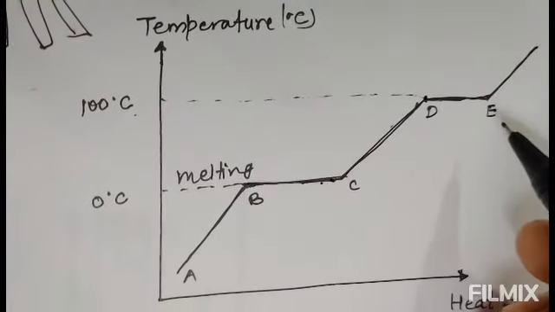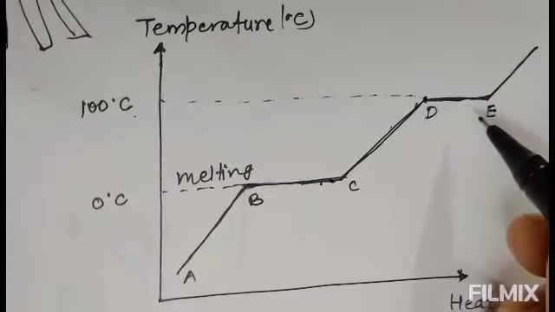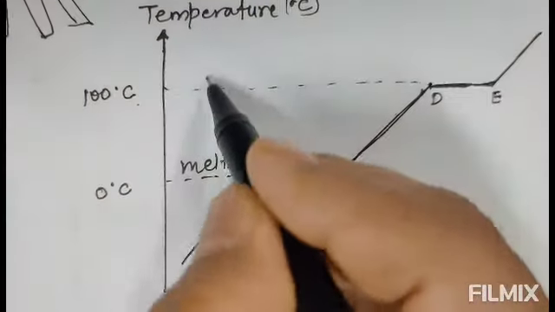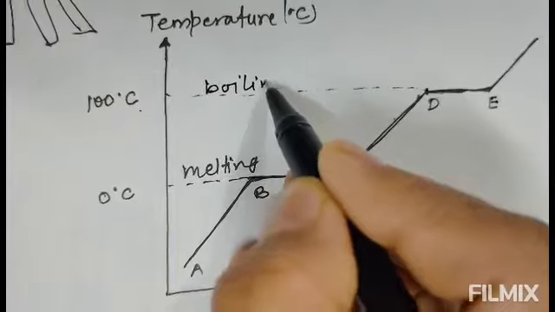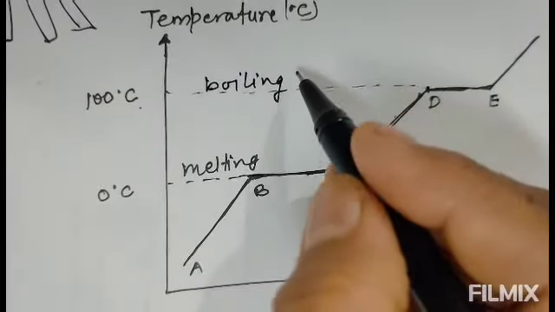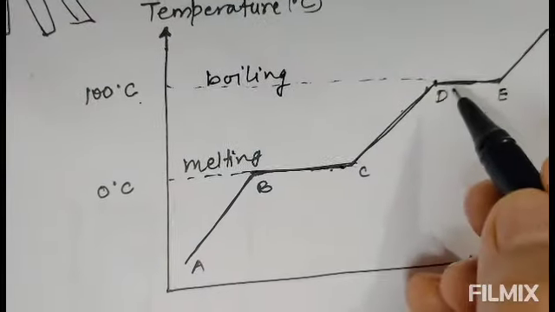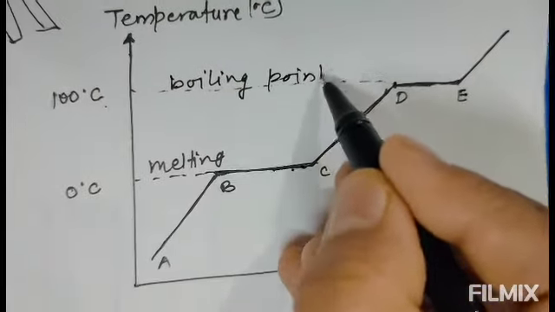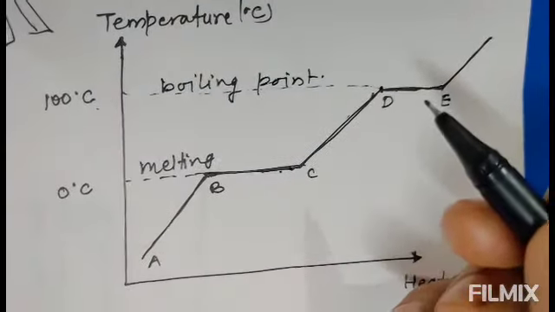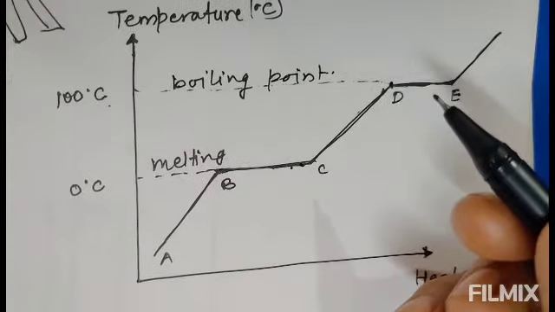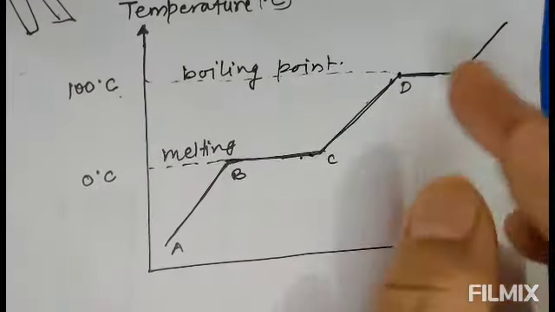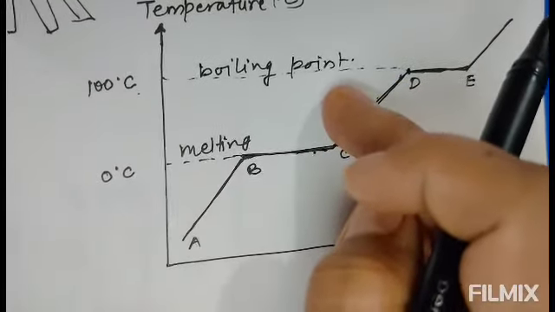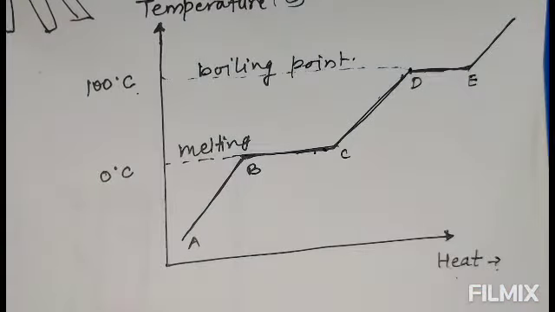Now the temperature at which the liquid and vapor states of a substance are in thermal equilibrium with each other is called the boiling point. So this is the boiling point. Here the two states of matter coexist in thermal equilibrium, that is the liquid and the vapor state. So this is the boiling point for the water. The temperature at which the liquid and vapor states of a substance are in thermal equilibrium with each other, we have indicated here as the boiling point, and the boiling point of different substances is different.